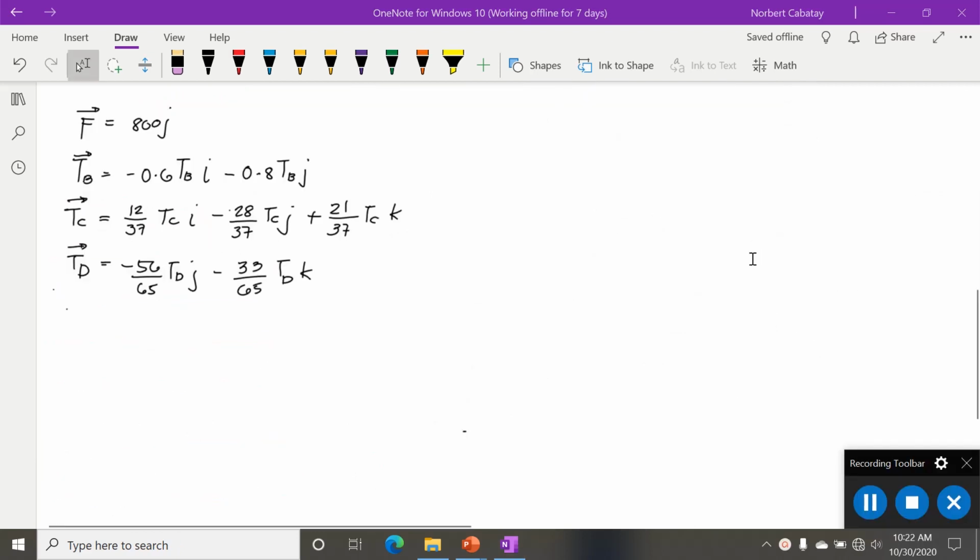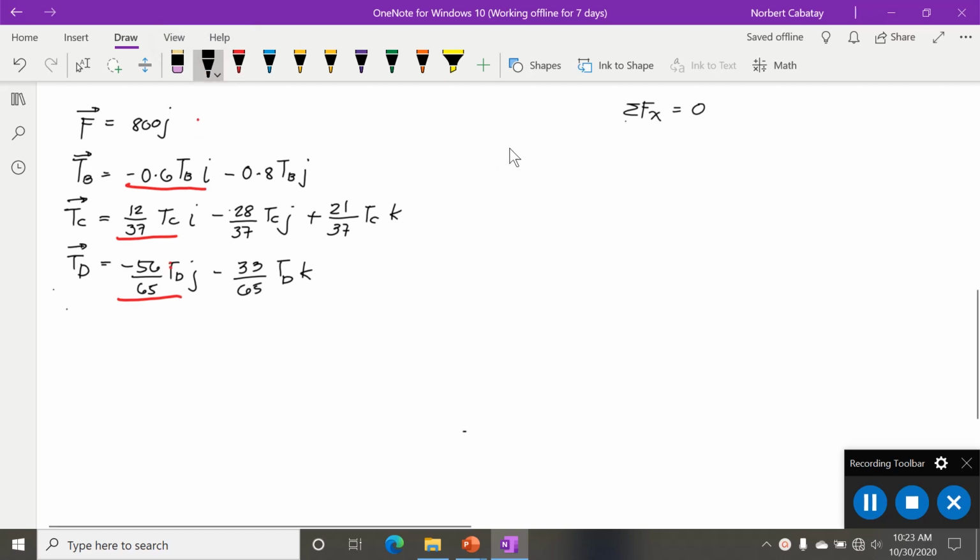Okay, now we have the forces na. So, we can have our equilibrium conditions. Ano yung ibig sabihin ng equilibrium conditions? Say, di ba, the summation of all the forces along X is equal to 0. So, consider natin lahat ng nasa X. Ibig sabihin, lahat ng may i. Huwag nyo na isama yung j, but you have to consider yung